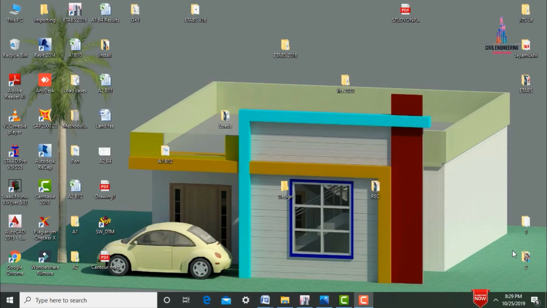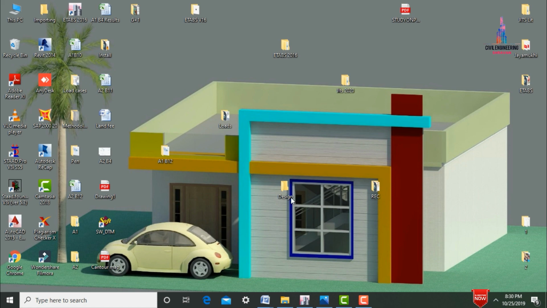In this video lecture, I will explain a north facing G+1 building house plan which is in 120 square yards area. Each floor will consist of a double bedroom, hall, and kitchen portion. Now I will explain the particulars about the ground floor as well as the particulars about the first floor.